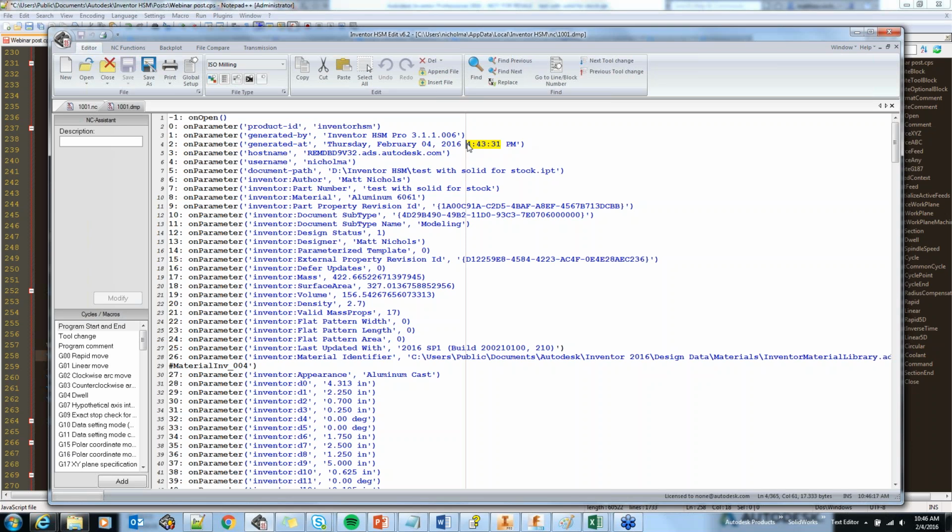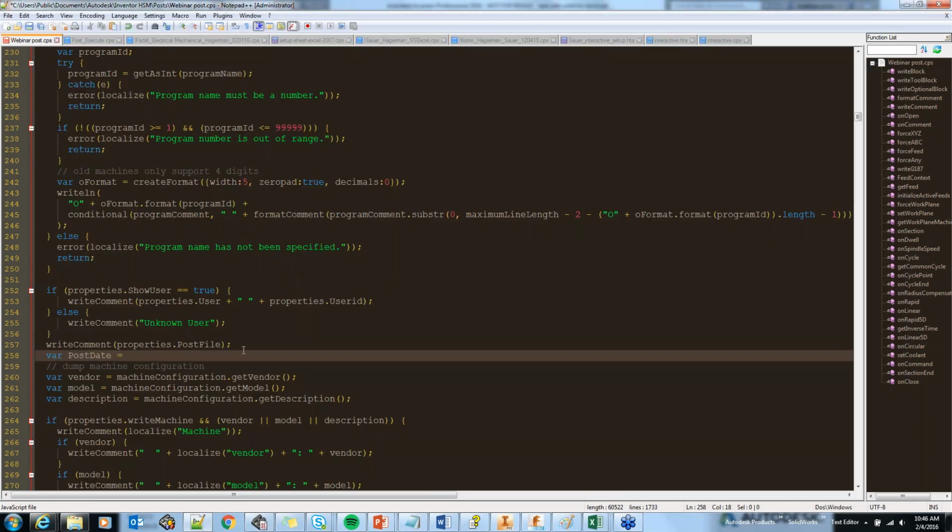Time doesn't come across very well, but date is probably good enough, I would think, right? Right, as global parameter generated at,